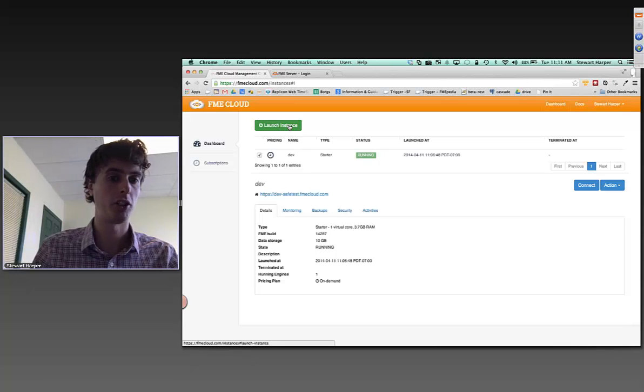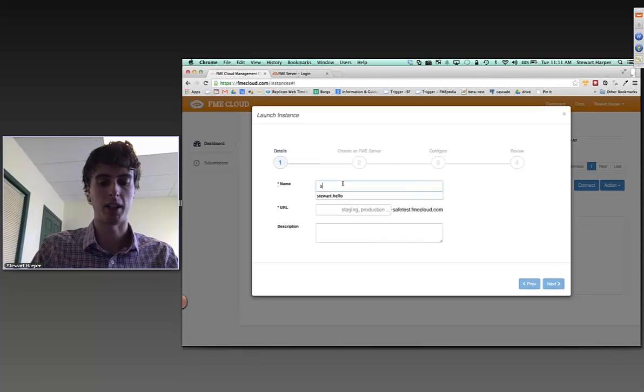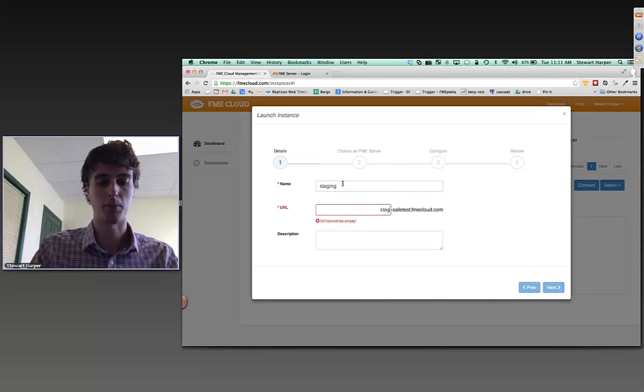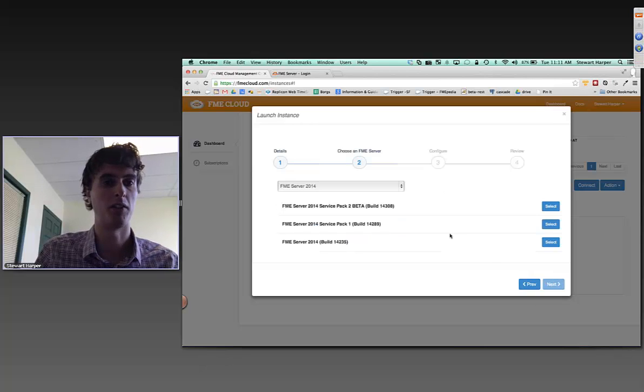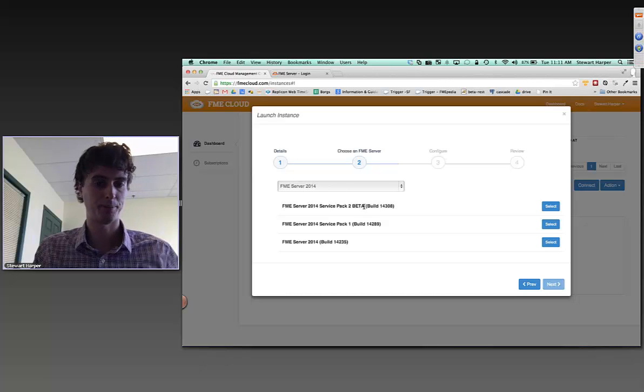So you go launch instance here, give it a name, so let's call this one staging. It's a staging machine. We've already got a development environment. Okay, staging machine. These are just the information about the server, and this is generating a URL here. So the next thing we need to do is choose which FME server do we want to launch. So this is actually synced to our build process, so we have the very latest FME server available here, FME server build